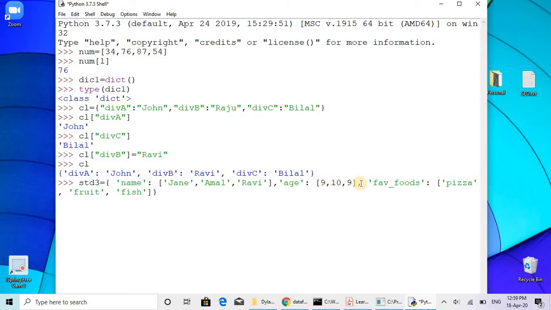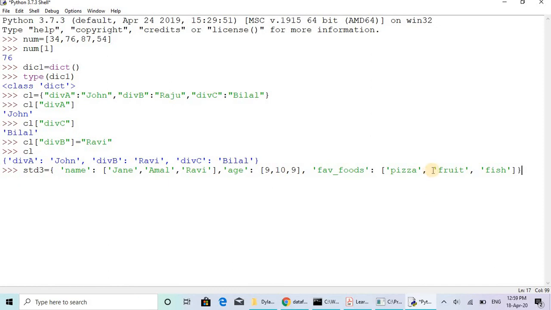Corresponding to that, ages of these three students. Then favorite foods, their favorite foods. First one is pizza, that is Jane's favorite food is pizza, and the second one, Amal, fruit, then Ravi, fish, like that. Okay, by defining this you can see I defined this dictionary.